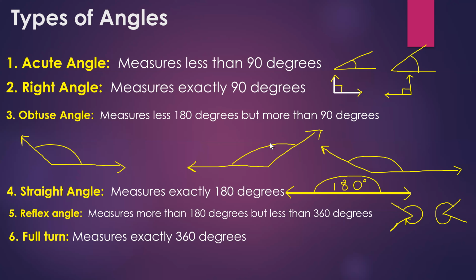All right, so an acute angle measures less than 90 degrees. An obtuse angle measures less than 180 degrees, but greater than 90 degrees. That's obtuse. Then we have reflex, then we have straight, then we have right angle. All of these are different types of angles. And so for this one, what I want you to do is, for this slide,